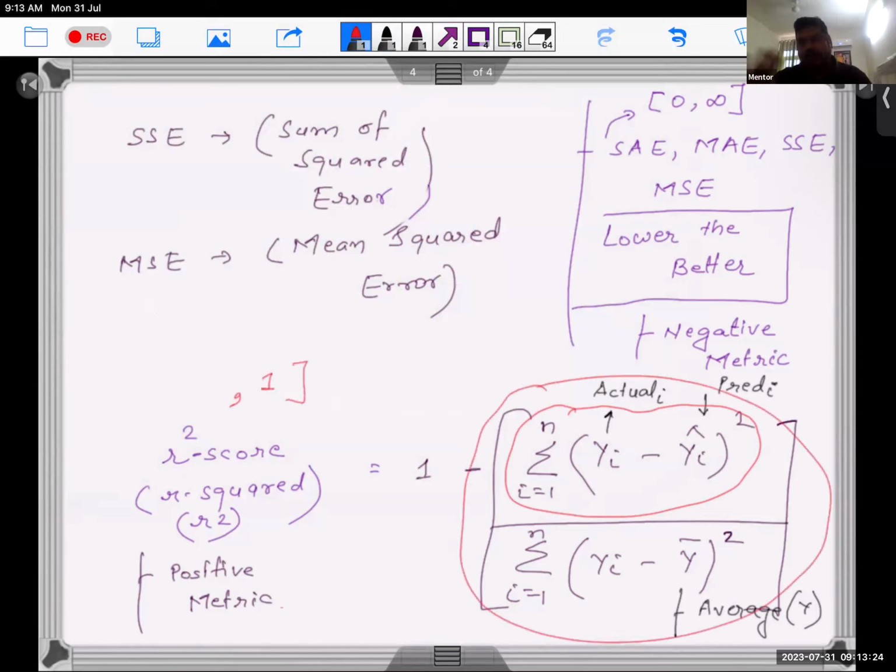I'll rather pose it as another question. When you are computing the average of the outputs, are you considering the distance? Are you giving more weightage to the closest samples, less weightage to the second closest, and even lesser weightage to the third closest? Are you doing that when you are computing the simple average? No, right? So when you simply compute the mean,